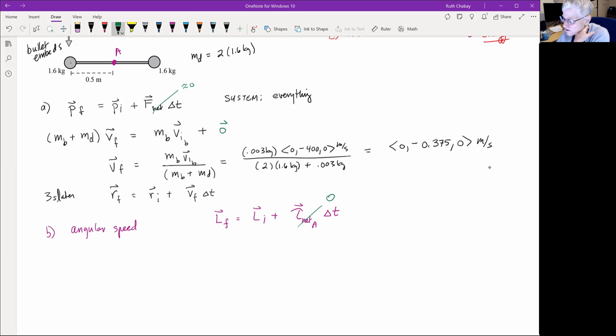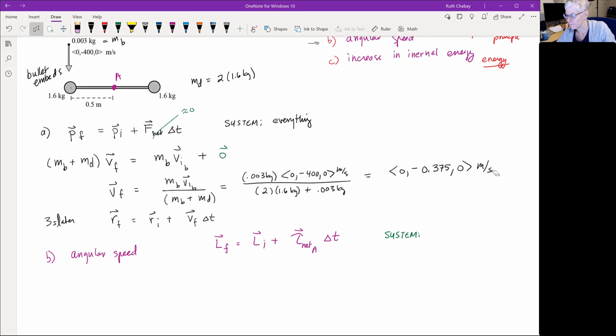And what are we choosing as our system? So we have 3 choices. We could choose the bullet as a system, we could choose the dumbbell as a system, or we could choose both. It's completely legal to choose just the dumbbell. However, if we choose just the dumbbell, then in fact there is a torque on the system. So if we choose the dumbbell, then the net torque is not 0